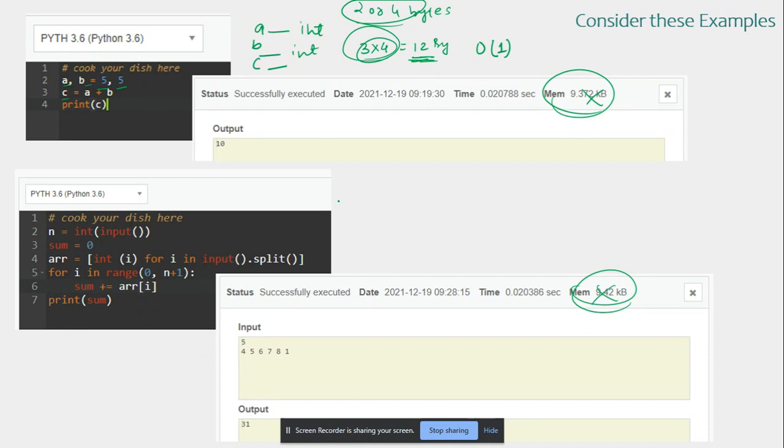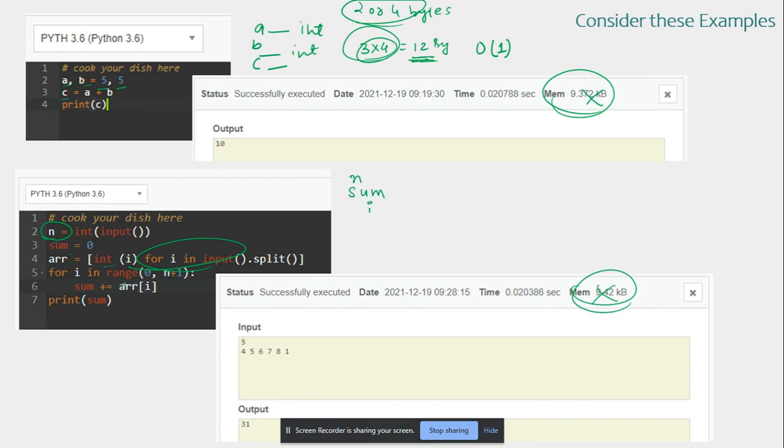Now let us consider this example. In this example, n is variable. We don't know the value of n. The user is going to input the value of n, and then we are going to take the array as input and sum it. Again, we're going to have a few variables over here. Those variables are n, sum, and i, right?